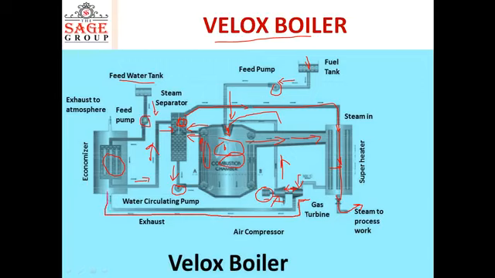After running this gas turbine, the gases now will pass through this passage, and then will enter this economizer section, and after passing through the economizer section, giving heat to the water, they will be exhausted to the atmosphere. So this is the whole working of the Velox boiler, and it is a very important boiler, particularly for the gas turbine.